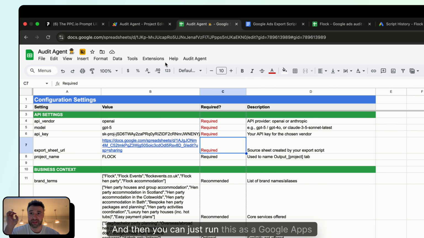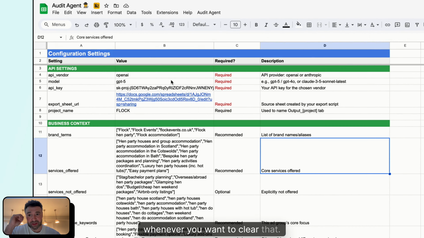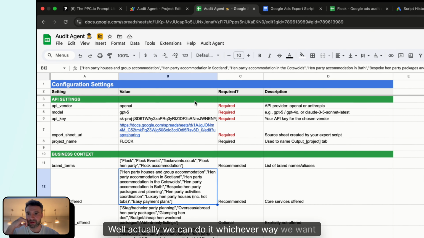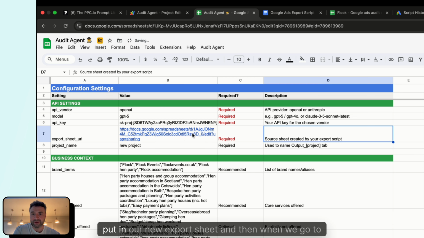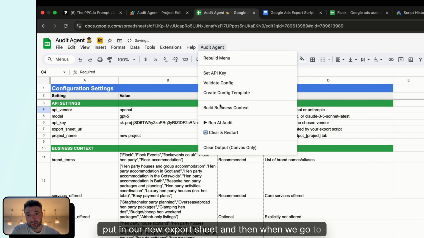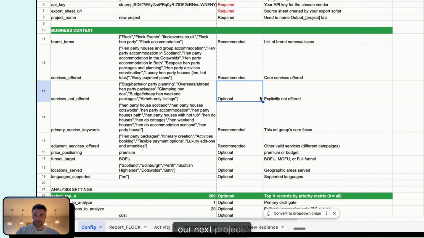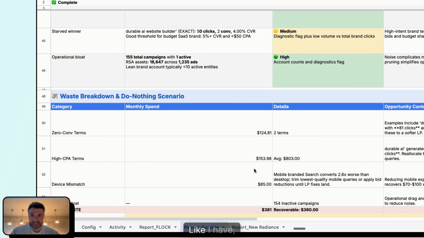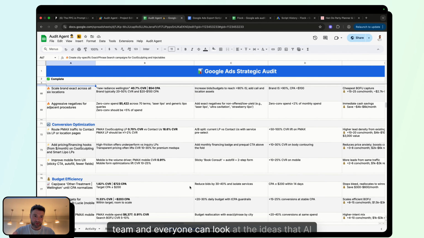That's it. Then you can just run this as a Google Apps Script, and you'll have this little menu here to run. Whenever you want to clear that, you can clear all of this here. We can add in a new project, put in our new export sheet, and when we go to build the business context again, it will refill all of that information on the left with our next project. So within this single sheet, we can have potentially all of our Google Ads reports for multiple different projects, like I have as an example down at the bottom here. We can share this sheet with our team, and everyone can look at the ideas